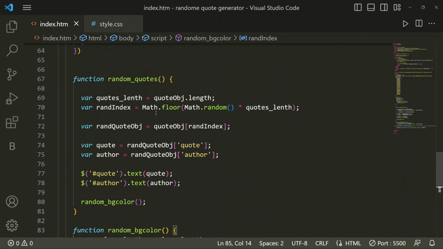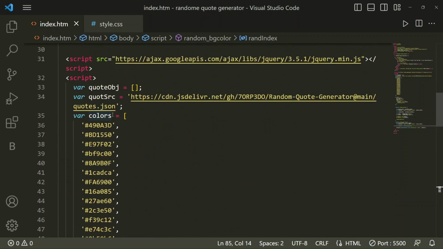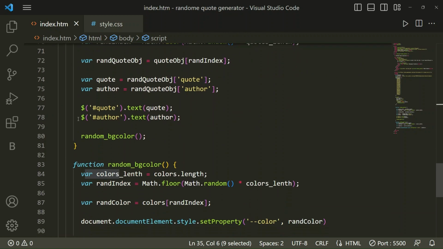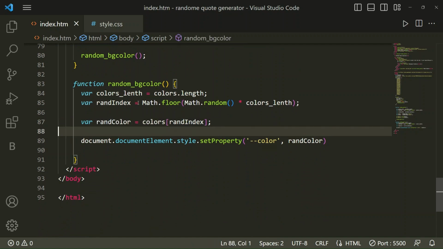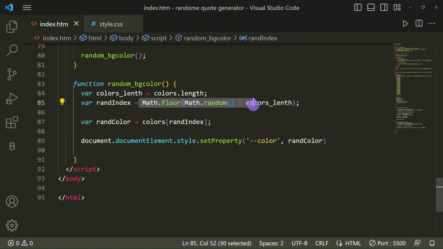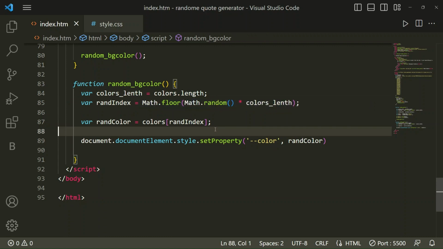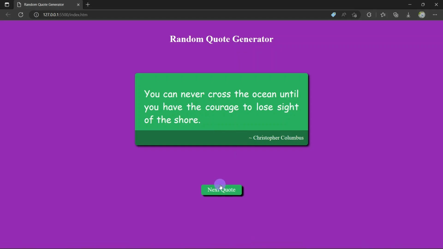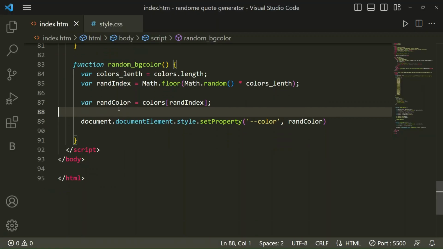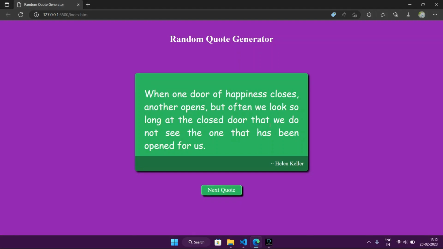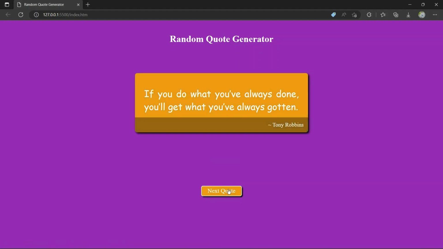So randomly these colors we are using. Wherever random color equals random index, we take random colors when we are clicking. So document.getElementById style property color, it is changing when you are clicking on it. Here is one more code.